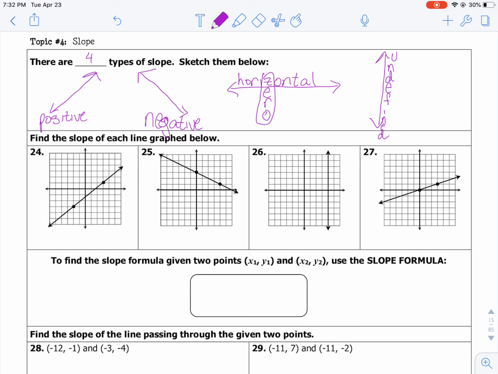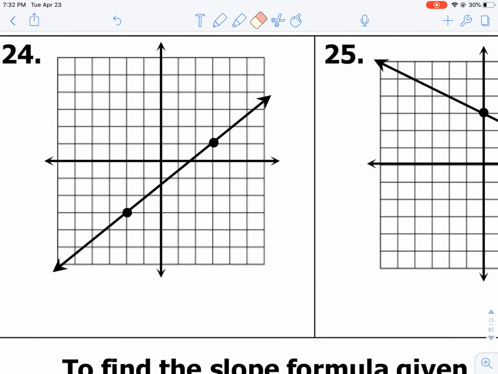When we are looking for slope, we are counting. You're going to count and see between your 2 dots how far. Let's zoom in a little bit. How far did I have to rise? I rose 1, 2, 3, 4. Up 4. 1, 2, 3, 4, 5. To the right 5. Our slope is always our rise